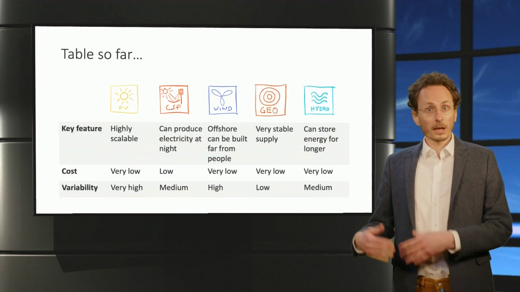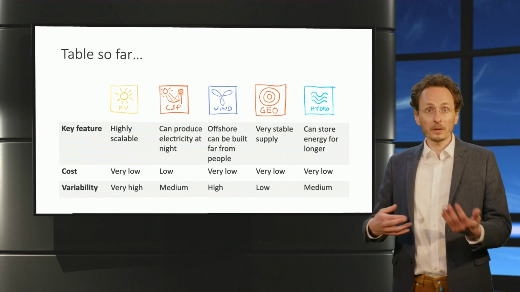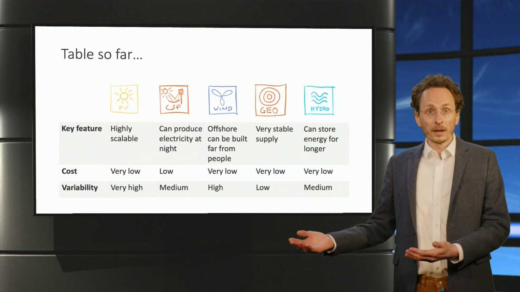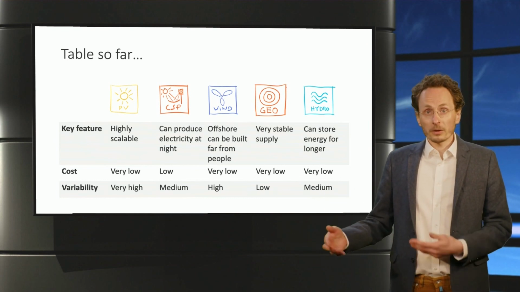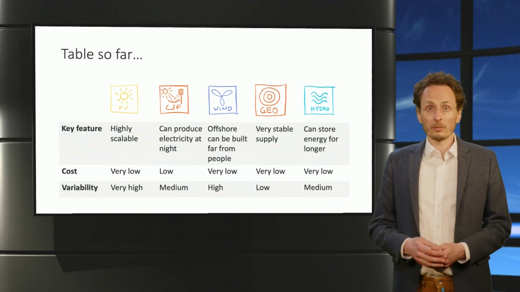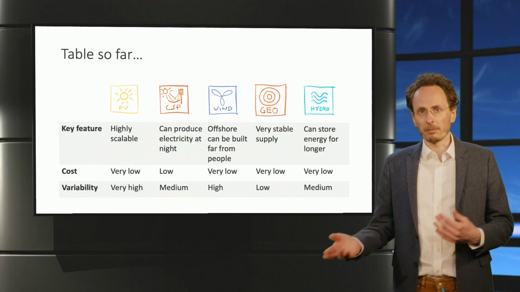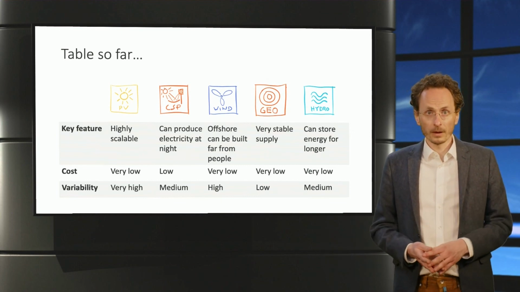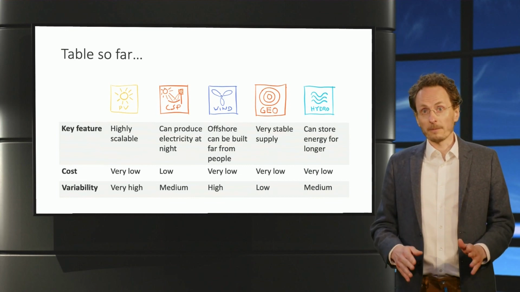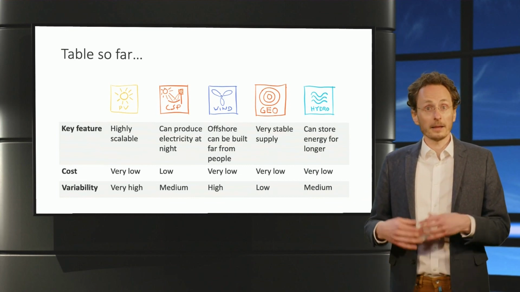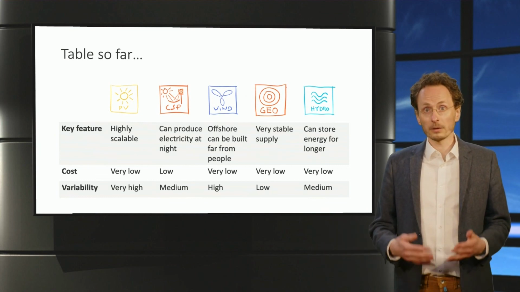Finally, to get back to our table of technologies, we use PV and wind as examples here because they are the most variable. CSP and hydropower are weather dependent too, so they're still variable, while geothermal is not weather dependent at all, and in many ways more like a traditional power plant that you can turn on and off. We will talk a lot more about how to deal with this variability in week 4. And in the exercises, you will learn about and work with an additional metric, the load duration curve.